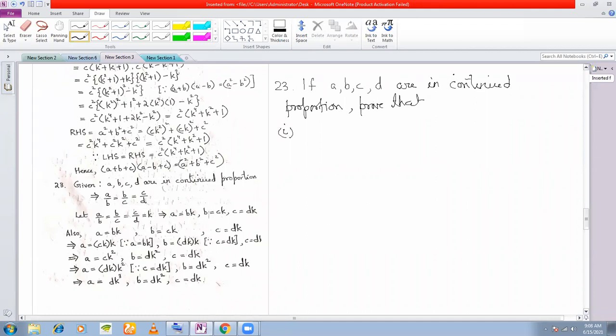The first question is A is to D is equal to triplicate ratio of A minus B is to B minus C. And second is